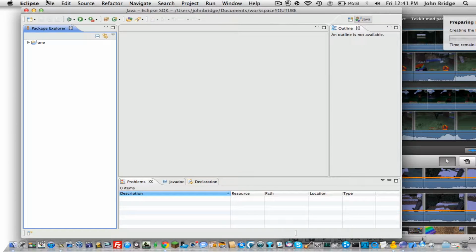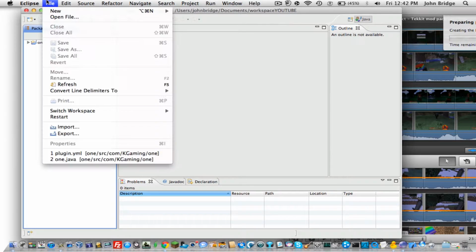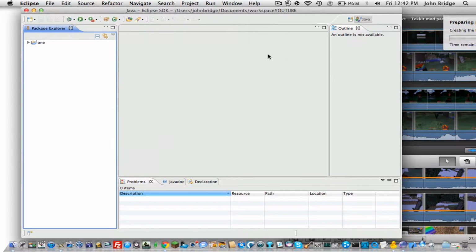you how to make a heal plugin for a Bukkit server. So first you're going to want Eclipse and the Bukkit Snapshot, which I'll have in the description as usual. And then